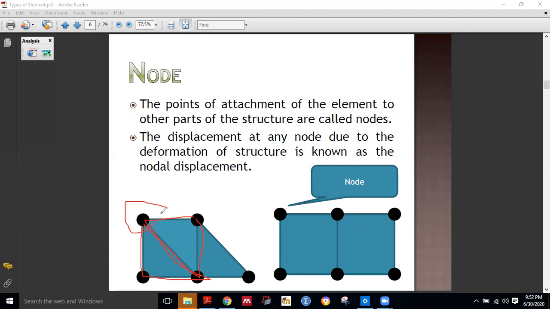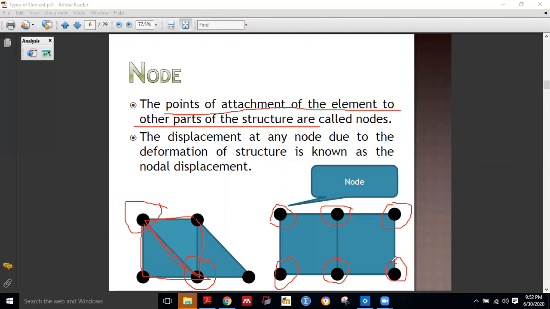So these are the common points which you are observing now. These are nothing but the points of attachment of the element to the other part of the structure. So these are called nodes. In this, these are also called nodes. But the structure is completed. To complete the structure, every corner point we can call a node,